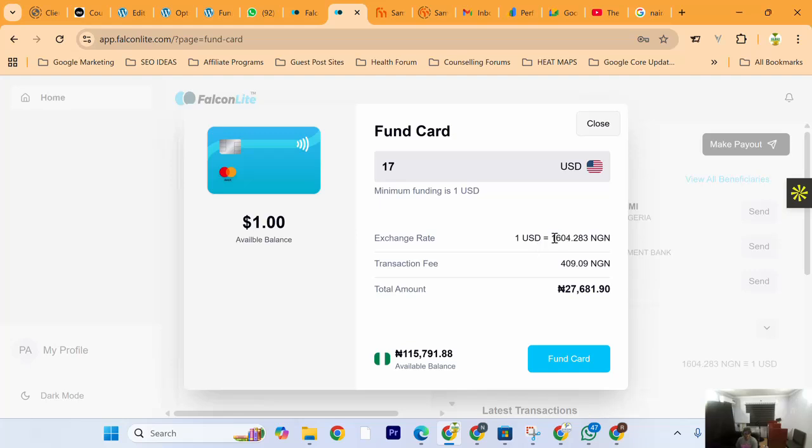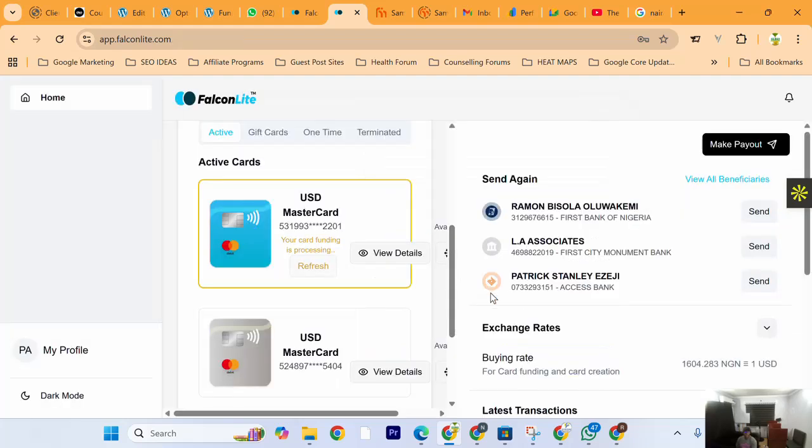Candidly, I've tried a lot of virtual cards. They end up messing me up, right? At the point of payment, they will be rejected. They don't work. But Falcon Light has worked, right? So yeah, I'll tap on fund account, 17 US dollars, and then it says card funding is processing right here,